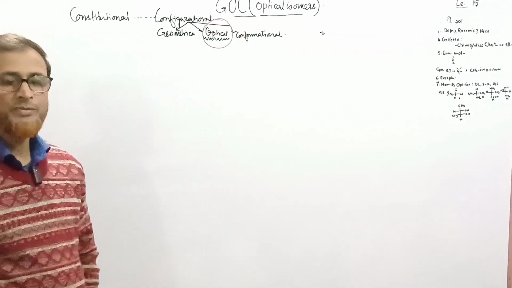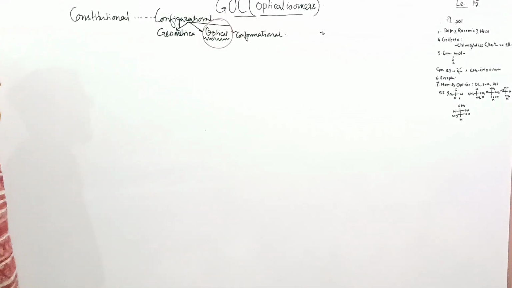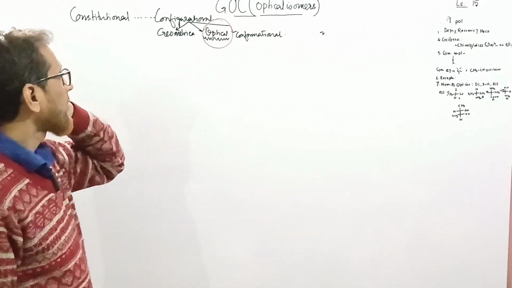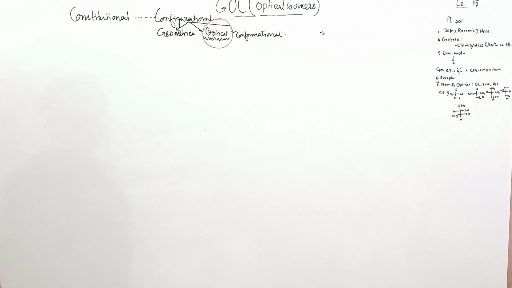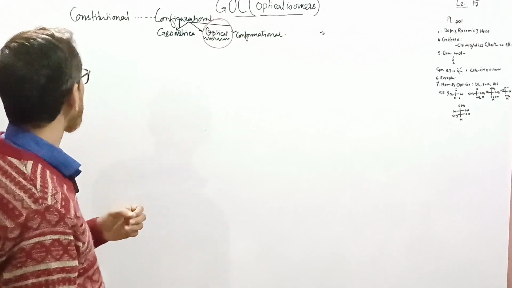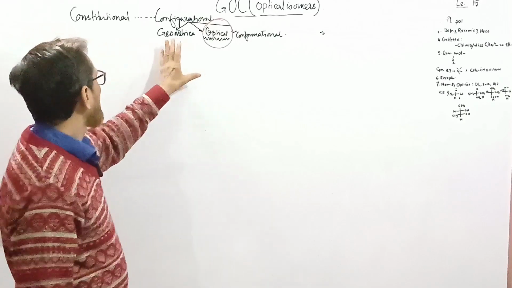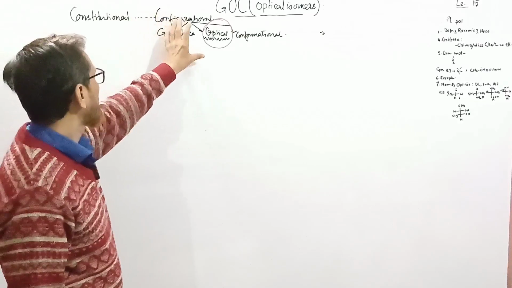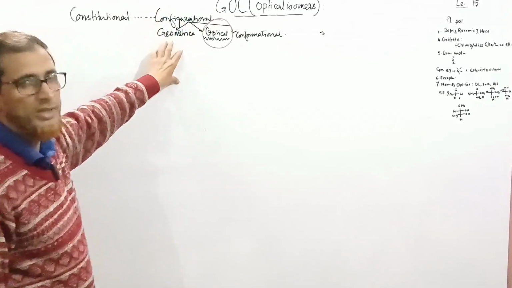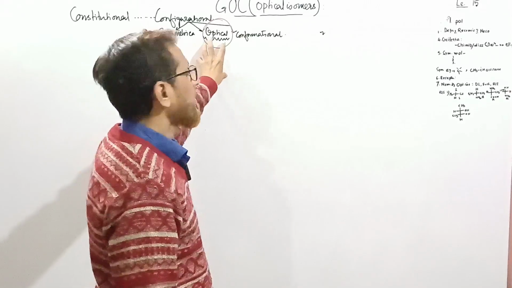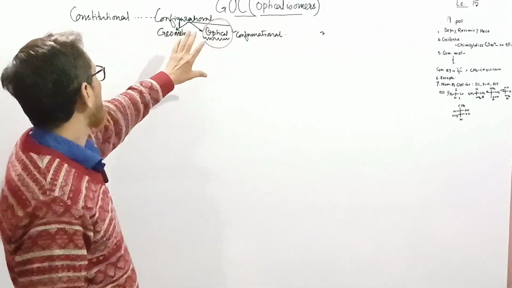It is class number 15 and it is the continuation of class number 14, and the topic was general organic chemistry. I was discussing the different optical isomers, and already the constitutional and configuration isomers. Out of this I have discussed geometrical isomers in the last class, and today I will explain optical isomers, and this isomer is of